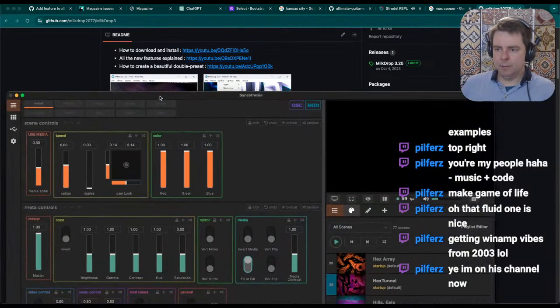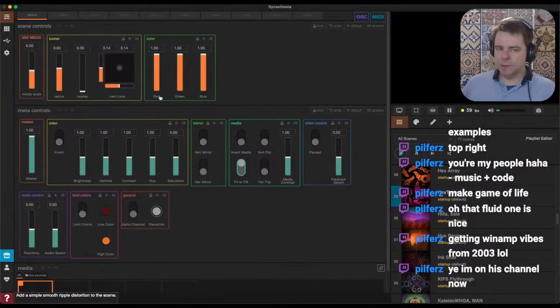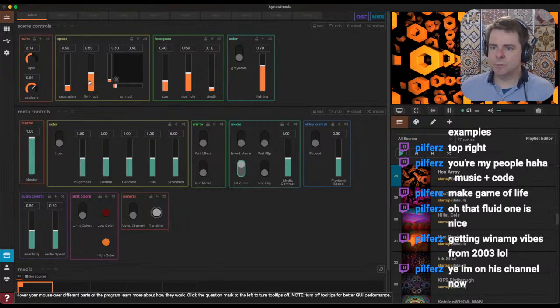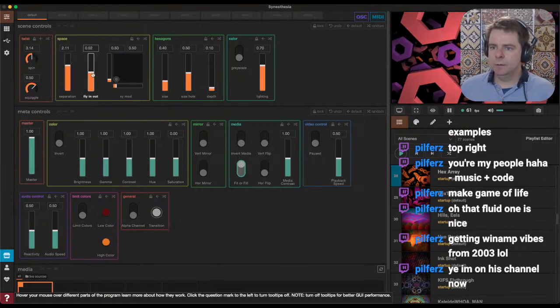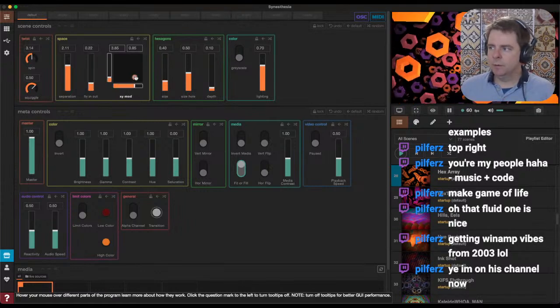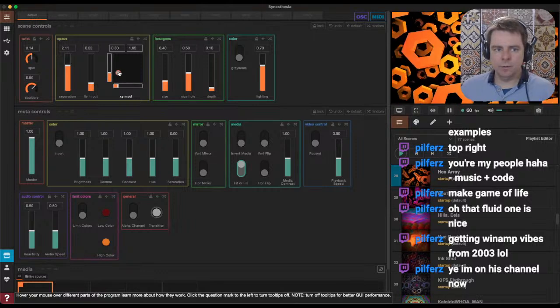And honestly, there's newer languages for creating these visualizations, like GL shader language and stuff. And then this Synesthesia gives you an interface where you can actually tweak the settings, and these are parameterized shaders. So I think this is a lot more